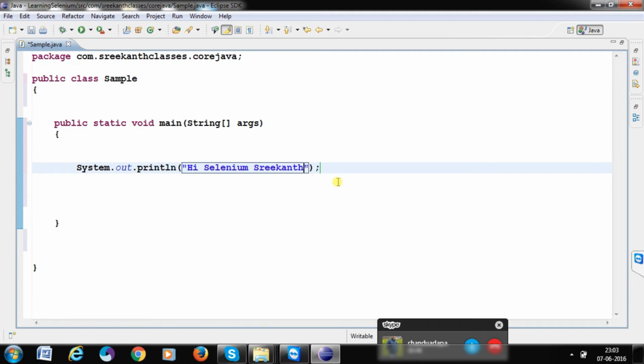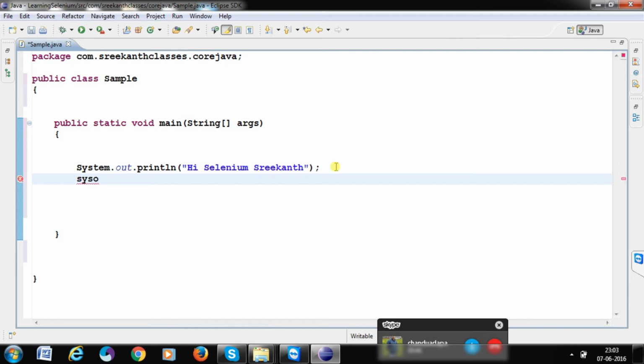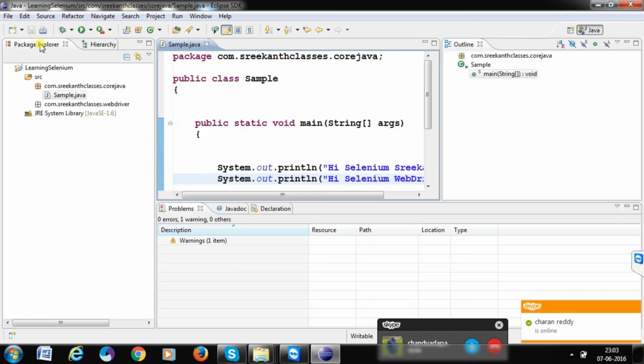For example, I want to print it. And then on the next line I want to print SYSO, Control Space, Hi Selenium WebDriver. This we can write. Now see, save this one. Double click on here, and then click on the run button. If you click on the run button,